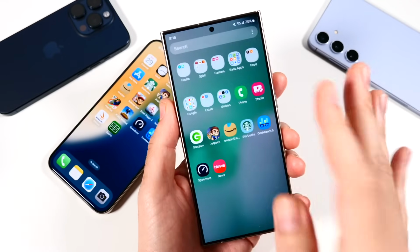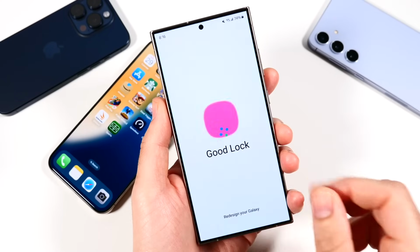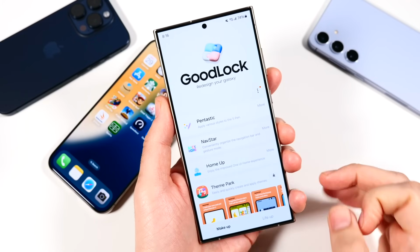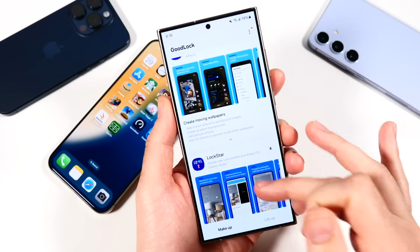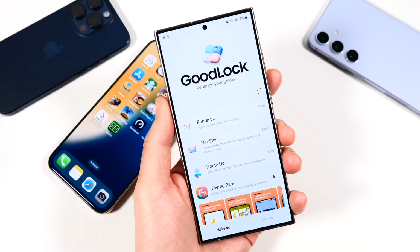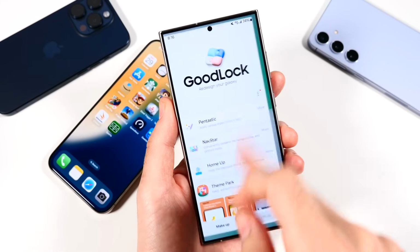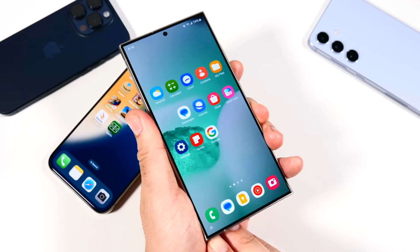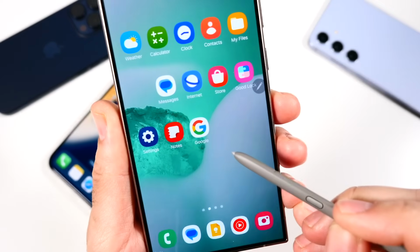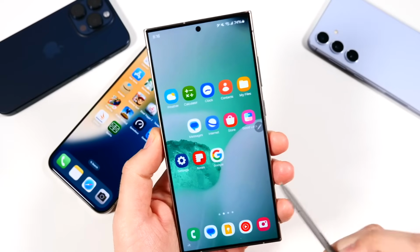Now, at first, when I plugged it into the monitor, it didn't work out very properly, but I did get the Good Lock module that will allow me to put it onto the full resolution. I forget exactly which one it was in here. There's one of these in here, but it basically allows Dex to go into the full resolution of my monitor. At first, it was only limited to 1080 or something like that. It didn't look that great. But also the inclusion of the S Pen allows this to feel kind of like a mouse. And if you see that little cursor, I added that little computer-like cursor there through another Good Lock module